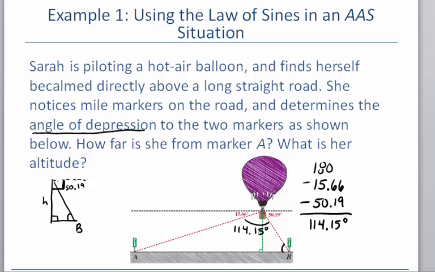So I'm going to take 90 degrees, which is my right angle, and subtract off 50.19. And that is going to give me the angle at the top. So that angle is going to be 39.81. Okay, so let's clean that up just a little bit and put that in there. All right, so we know that this angle is